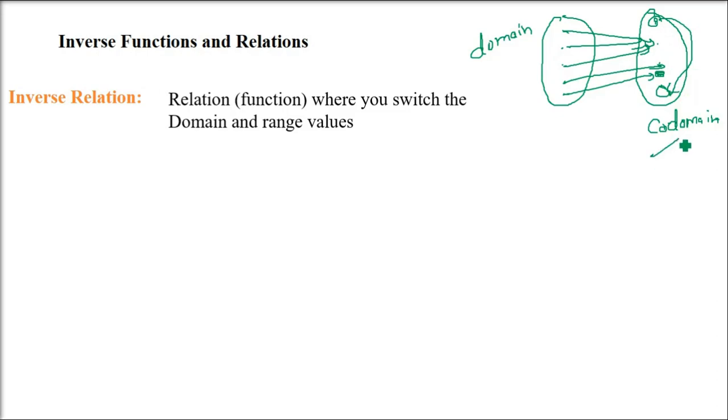So in these 4, just assume that 2 are mapped, 2 are not. So 2 values will be in the range, but all the 4 values will be in the codomain. Codomain is all the values. So if it would have been 1, 2, 5, 6, and we have just mapped 1 to 5, then 1, 2, 5, 6 will be the codomain, and 1, 2, 5 will be the range.